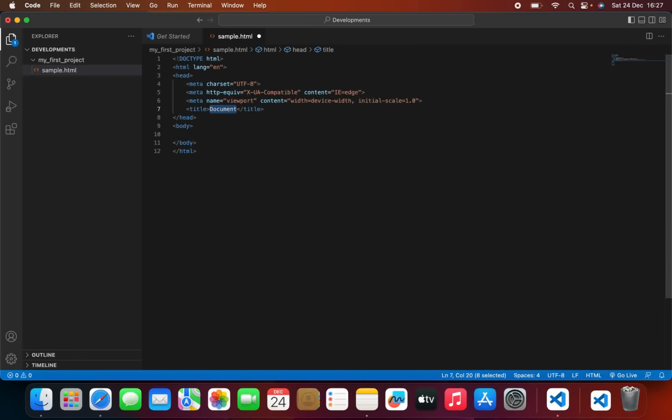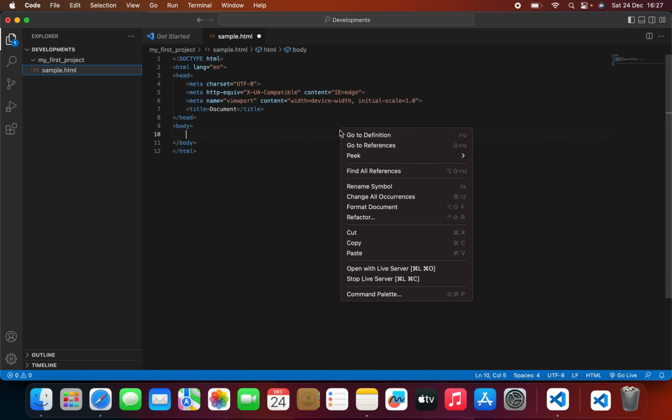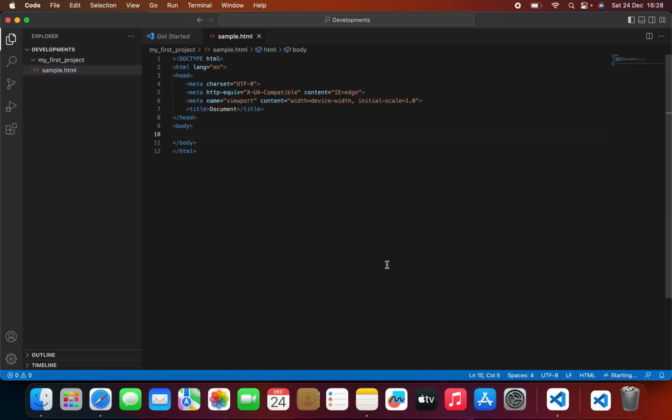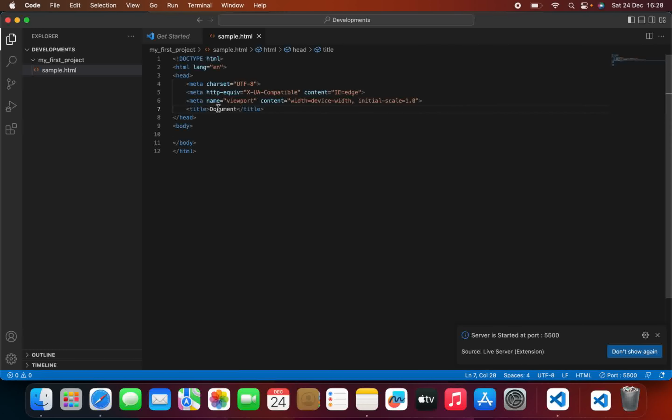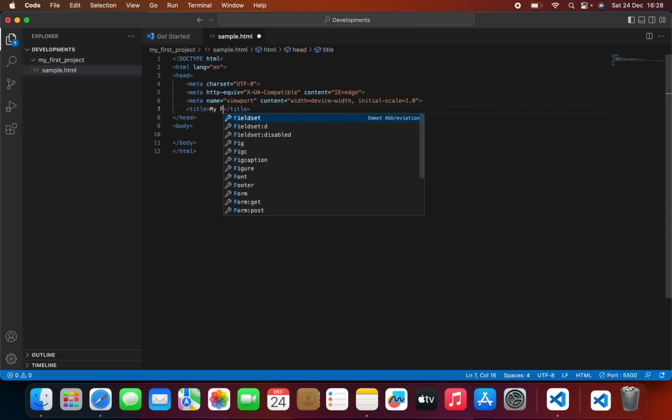So I start it with live server. You see, I'll right click on this HTML file and then I say open with live server. I think I should open it on my browser. Oh yeah, this is it. It's a blank document for now, but as you can see here on the name on the tab, document, that's the title here. So if I should choose maybe my first